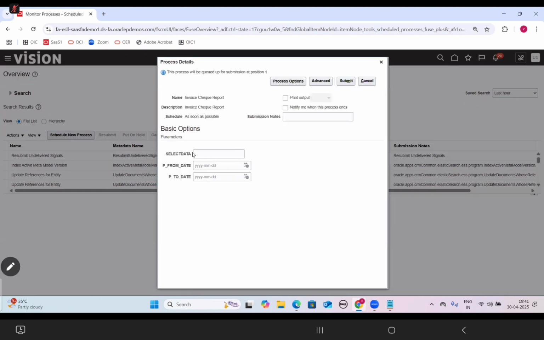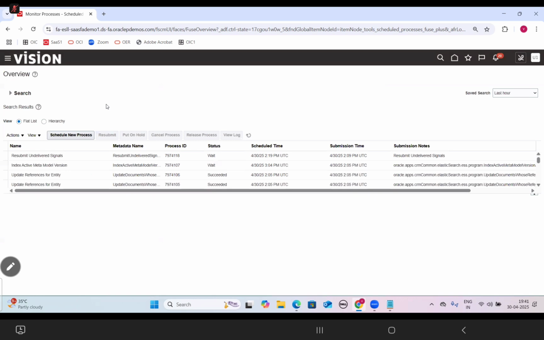So now what we are doing is select data. Currently it is coming only as a text box. So I would like to add the list of values for the select data. So for that, what we will do,